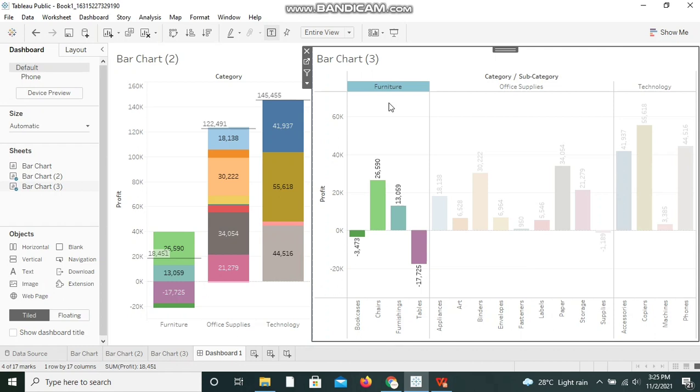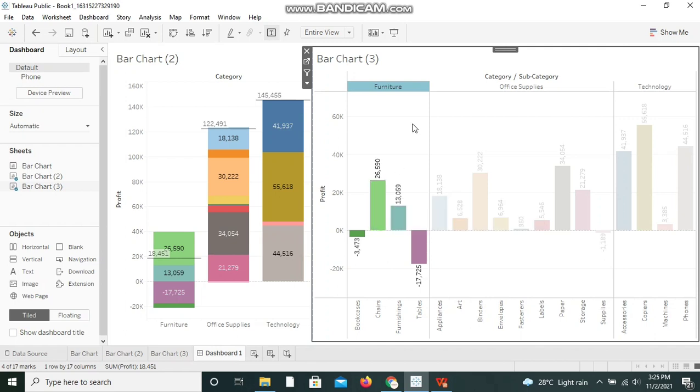This is a clear way to show you: when we have a negative value, we can see the bar downwards, and when we have a positive profit, we have the bar upwards, which cannot be seen in the stacked bar chart, whereas we can see it clearly in the side by side bar chart.